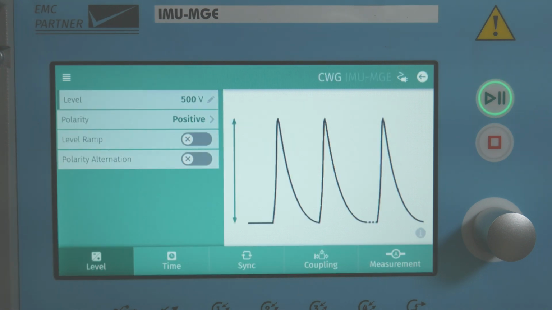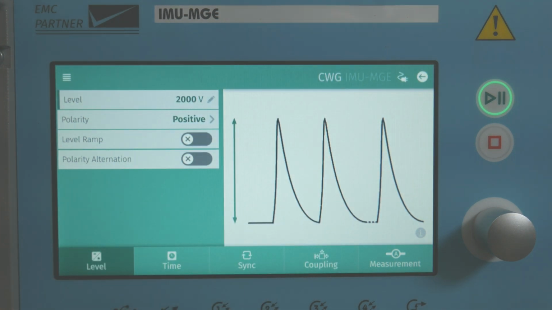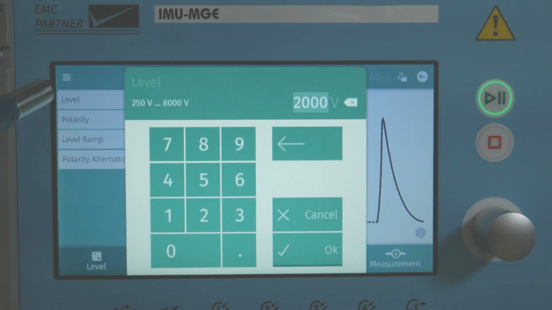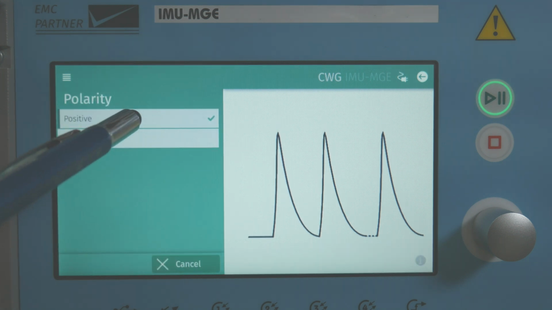So if I select combination wave surge, this is broken out into 5 submenus. On the left we have level. So this is the test level. You would enter the test level that you wish to test your device under test with. So let's say 2000 volts for instance, and the actual range that the generator is capable of doing is listed there. So this one's 250 volts up to 8000 volts, followed by polarity. So here you would select positive or negative polarity,